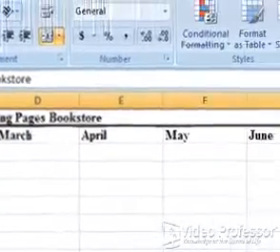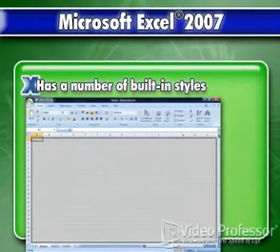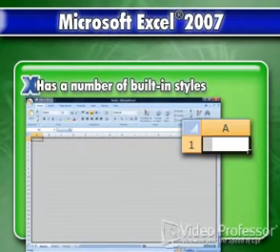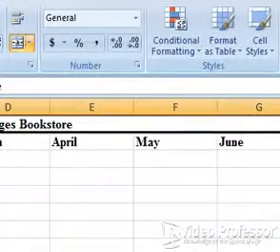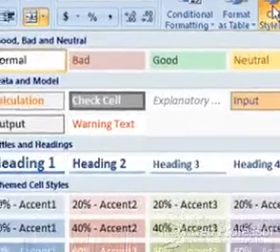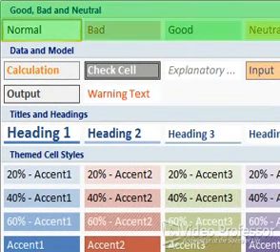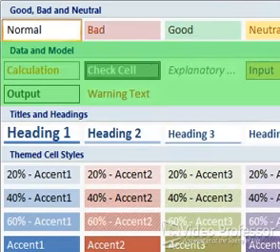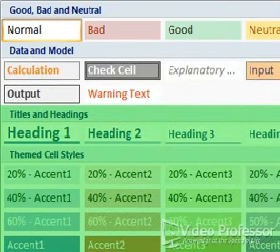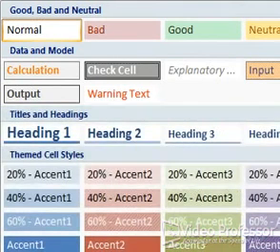Let's use the new Excel cell styles to set the formatting on our title. Excel 2007 has a number of built-in styles we can apply to our entire document or just to a single cell. Again, make sure we're on the Home tab, and from the Styles tool area, click the Cell Styles button. Excel loads a gallery of various cell display options. Some of these are designed to show specific outcomes, such as a good, bad, or neutral number, or flag cells for different data values. However, we also have a number of selections under Titles and Headings, which will attractively format our heading. Move the mouse over Heading 2,